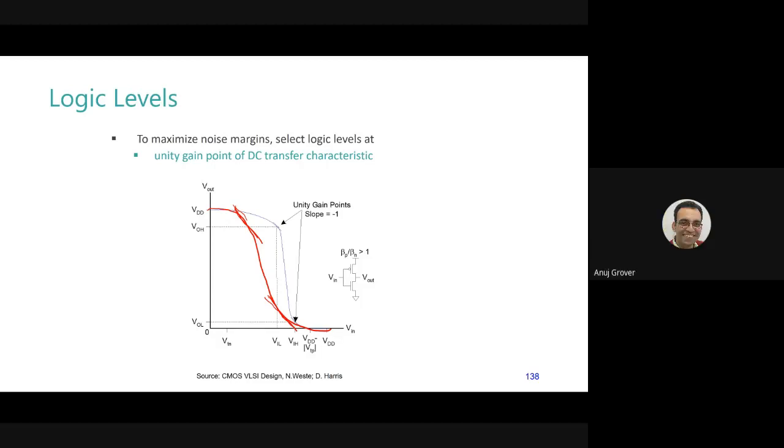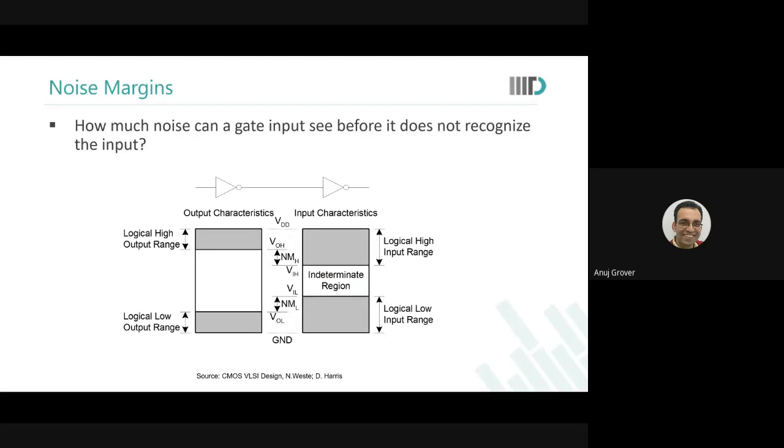So what did you do just now? As soon as you made the NMOS stronger, your output high margin did not really change much. But what has changed? Input low margin. Now, what this means is that even a small glitch, so what have you done? The initial graph that we saw had a very high input low margin and a relatively lower input high margin. So what that meant was that on the input side, if there was a glitch like this, that glitch will not go to the output. Am I right?